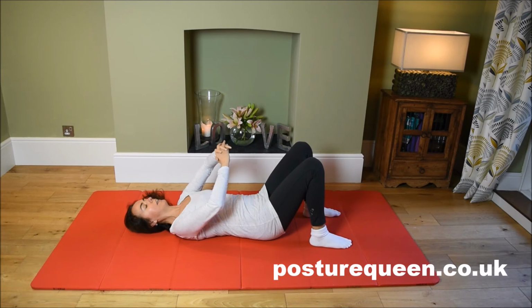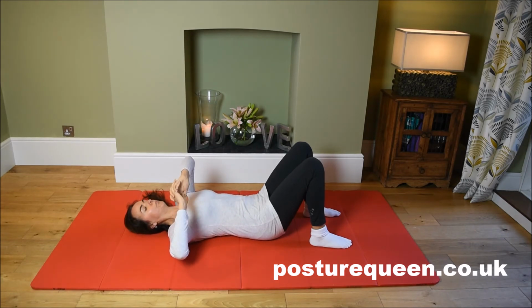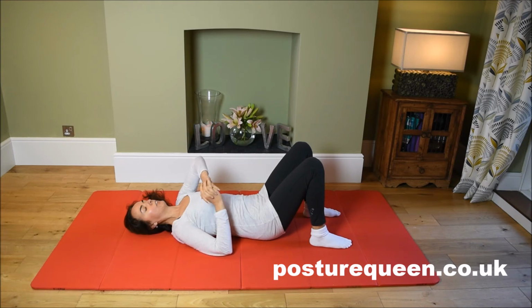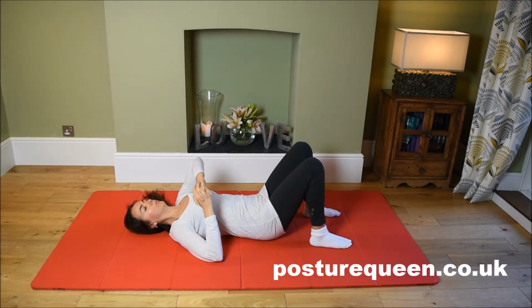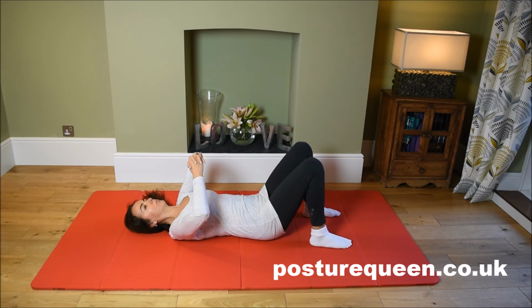The hands come above your belly. Move the hands towards more the middle of the chest. And then bring the elbow towards the floor once again. And do that. We're going to do this one more time. Okay, next time you bring the elbow on the floor,